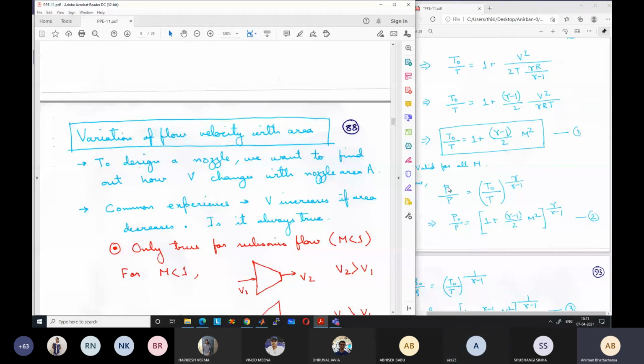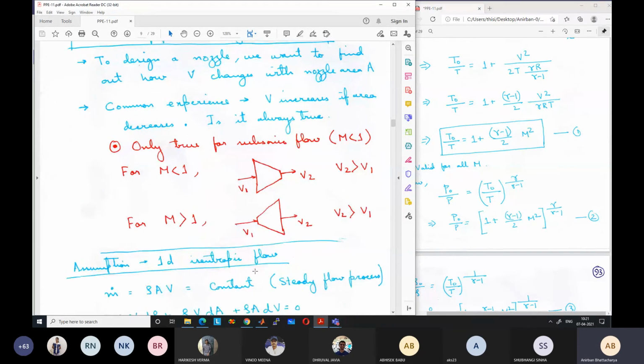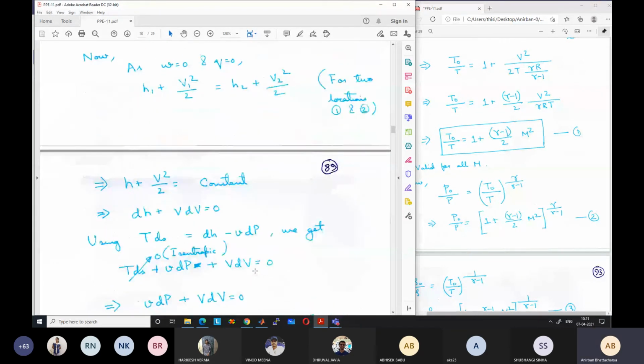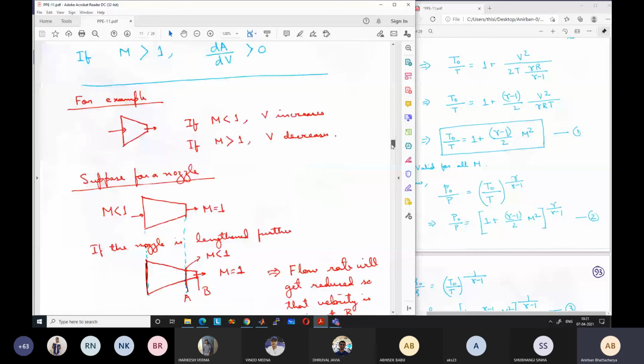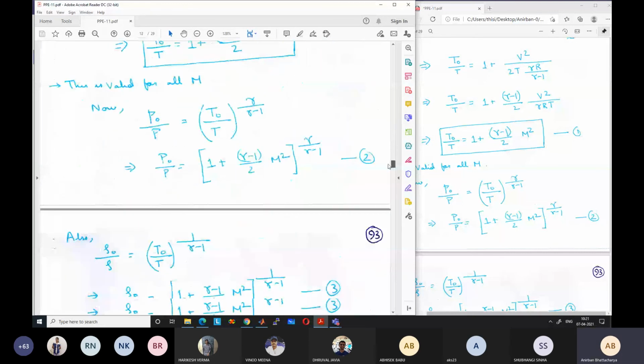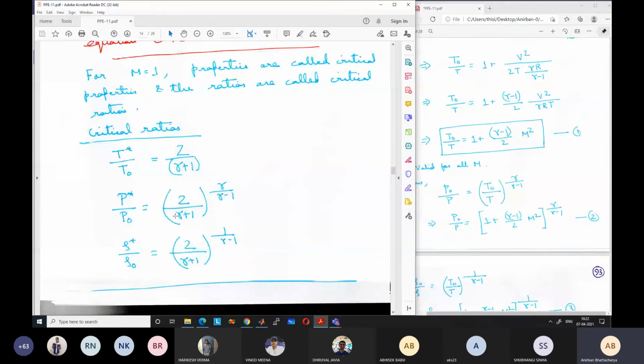So say inlet stagnation pressure is 100 kilopascal, and static pressure also is 100 kilopascal. Our relation says that the critical pressure ratio has to be what we calculated here, 0.5283. This is the ratio of P star by P0, and P0 is 100 kilopascal.